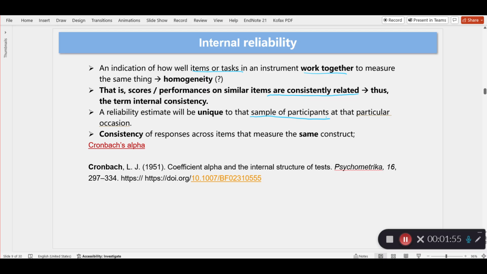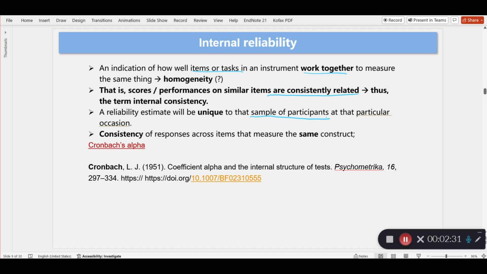and if you get a reliability of 0.6, let's say, on occasion 1, it does not necessarily mean that if you administered the same test again to the same group of people, you would get exactly the same reliability statistic. A lot of things can happen between time 1 and time 2. And therefore, this reliability index is an indication of the consistency of the scores for that particular occasion and for that particular group of people,